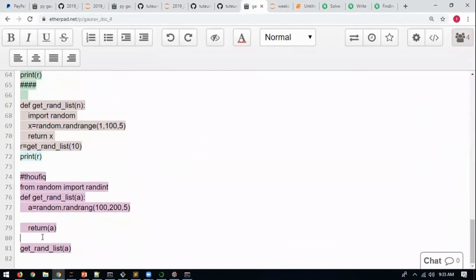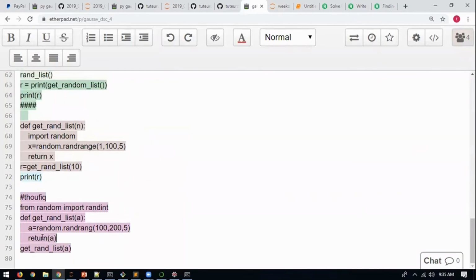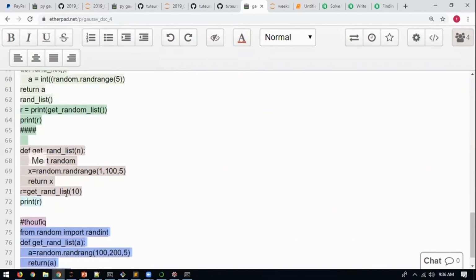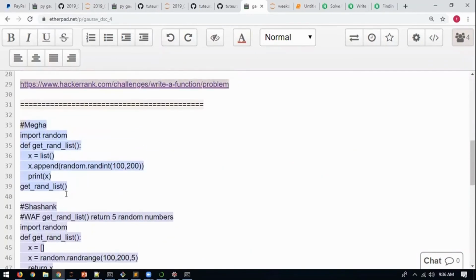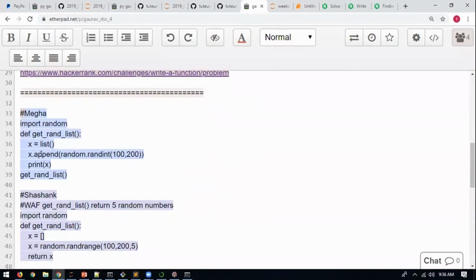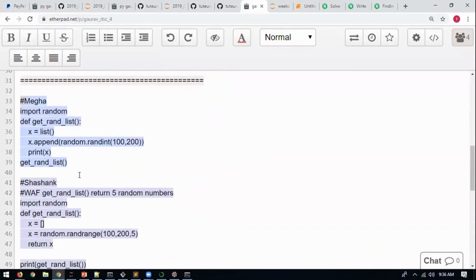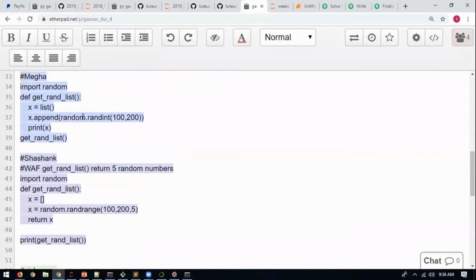So does your code work, Tawfiq, or do you know how to fix it? No, sir. It's not working. Yeah, that I know it doesn't work. Do you know how to fix it? No. Do you want to try by looking at other people's code? Okay, I'll tell you whose code is correct. Let's start from top. Mega has written something, x dot append. That's not correct. It will be wrong. Mega, do you know how to fix it? Actually, I think I forgot the for loop. Yeah, you forgot one. Fine, just try to fix it.